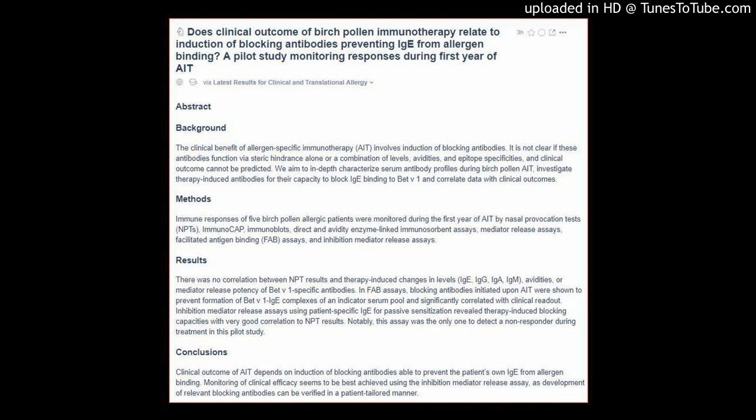We aim to characterize in depth serum antibody profiles during birch pollen AIT, investigate therapy-induced antibodies for their capacity to block IgE binding to Bet v 1 and correlate data with clinical outcomes. Methods. Immune responses of 5 birch pollen allergic patients were monitored during the first year of AIT by nasal provocation tests, NPTs, ImmunoCAP, immunoblots, direct and avidity enzyme-linked immunosorbent assays, mediator release assays, facilitated antigen binding, FAB, assays, and